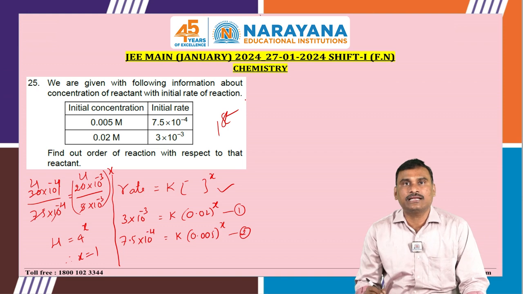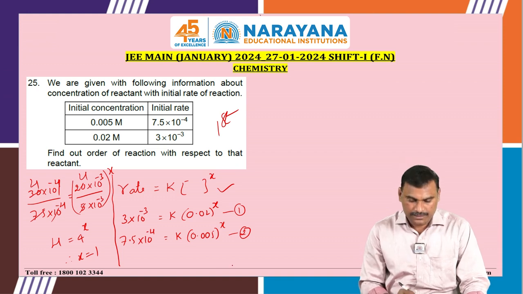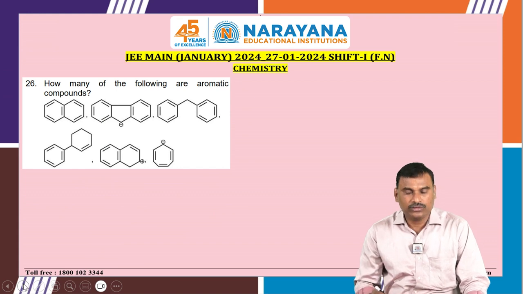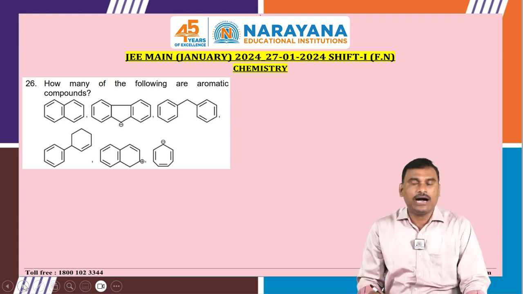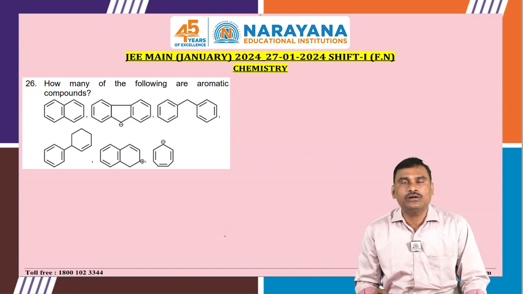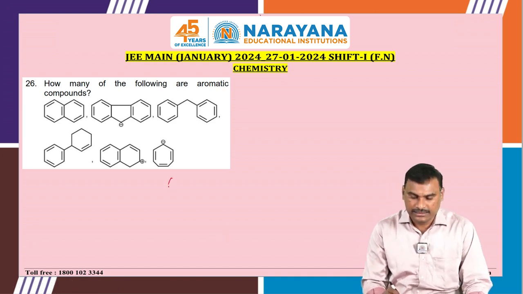We can easily solve the question when the concentration and the rates are given. This is the better way to get the answer. Now let us go to the next question, students. 26. How many of the following are aromatic compounds? You know those which follow Huckel's rule, that is cyclic, planar, completely conjugated,